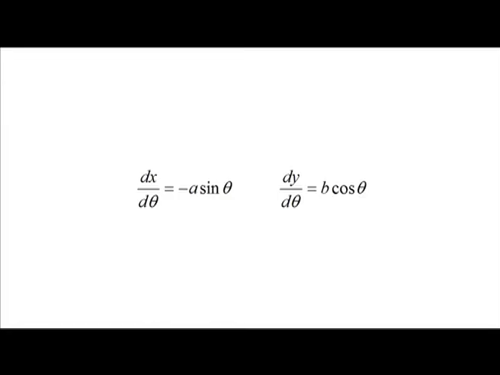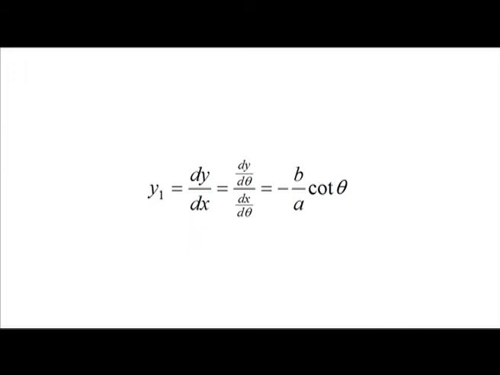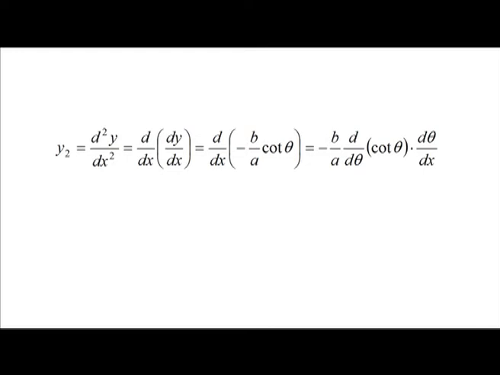Differentiating with respect to theta, we obtain dx by d theta is equal to negative a times sin theta and dy by d theta is equal to b times cos theta, so that y1 is equal to dy by dx, which is equal to dy by d theta divided by dx by d theta, which is equal to negative b by a times cot theta, and y2 is equal to d square y by dx square